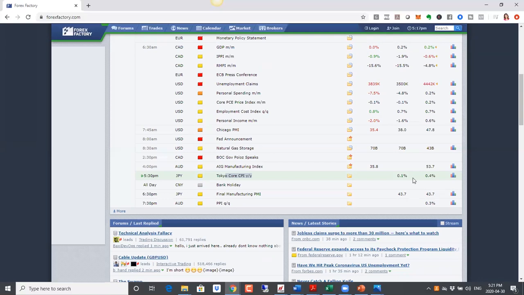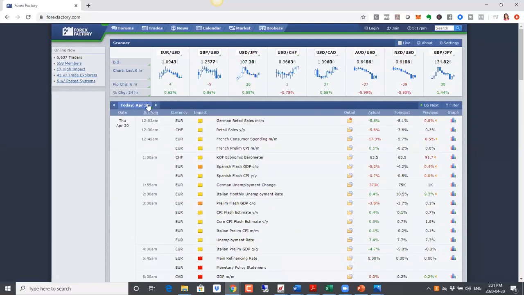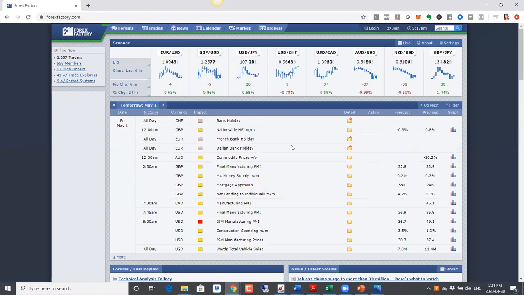With this here, if we see a big drop in the numbers, again, it could be negative for the yen crosses, and we could see a follow through on the move that we saw earlier today. And also we have PMI manufacturing numbers here for Japan as well. Right now, the numbers are expected to stay the same, but I would expect them to drop here. So if they do drop, that would be negative for Japanese yen, and we could see yen crosses go up as a result.